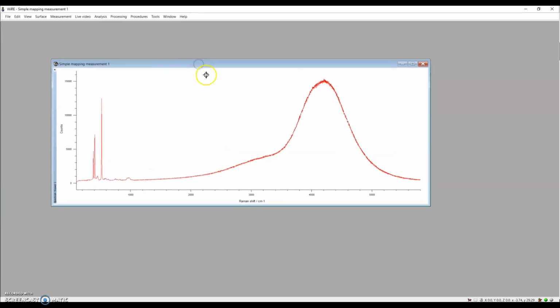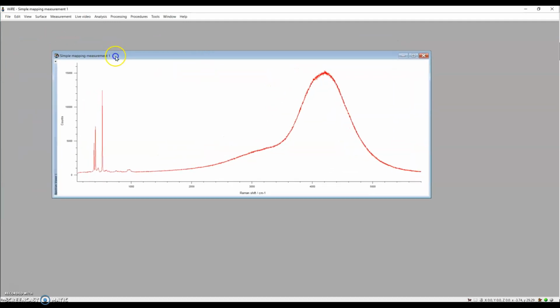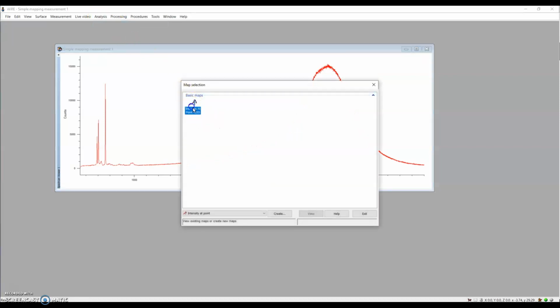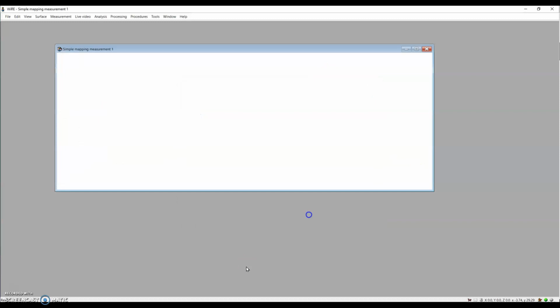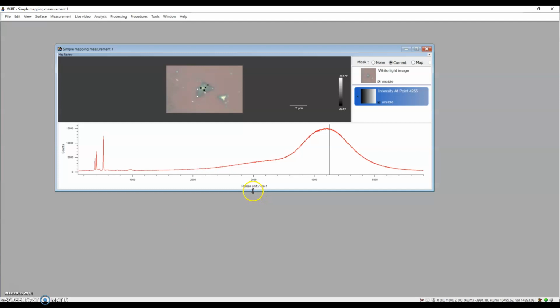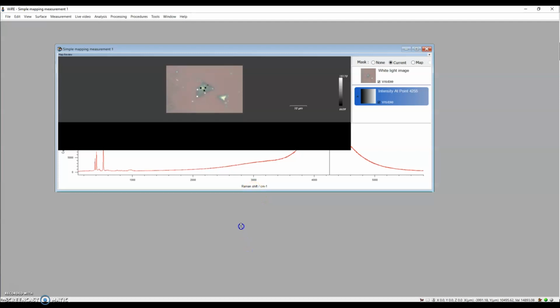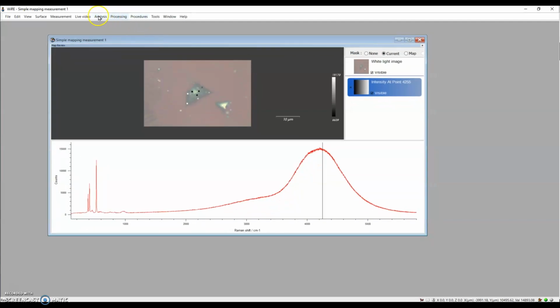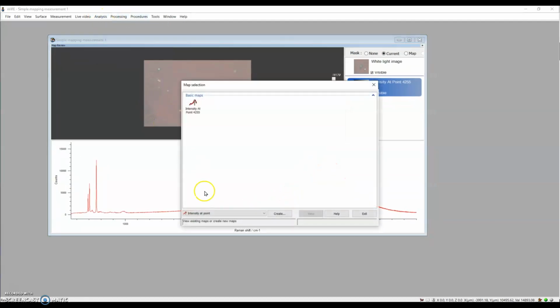So here I have opened the Raman map. So you go to Analysis, Mapping, Review, and you see you can map the intensity at this point. So I can view this intensity. Give it a second. Okay. Oh, this is not actually a Raman map, but it's the same concept. All right. So you go to Analysis, Mapping, Review, and then you see you can change, instead of intensity at